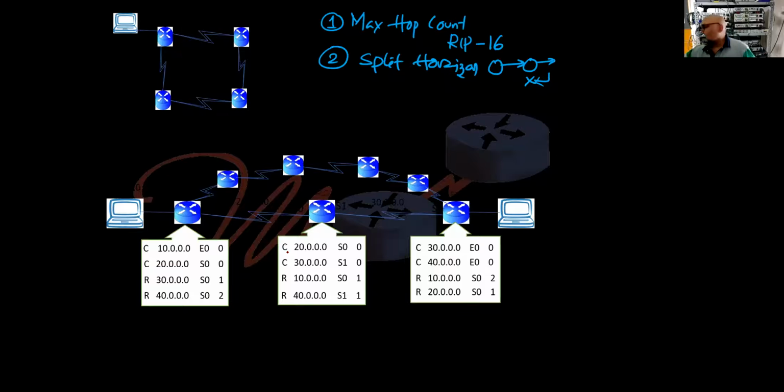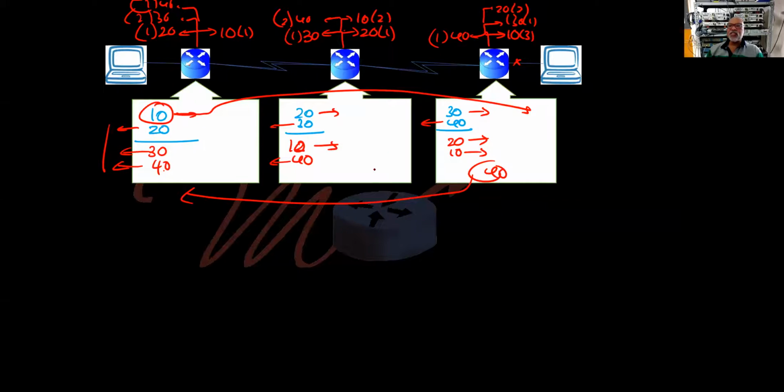But life is not simple, right? Within 2 minutes, they realized that, boss, it will not work in a meshed topology. If it is a mesh like this, by the way, any doubts with this logic, split horizon? It makes sense, isn't it? It should go in only one direction.